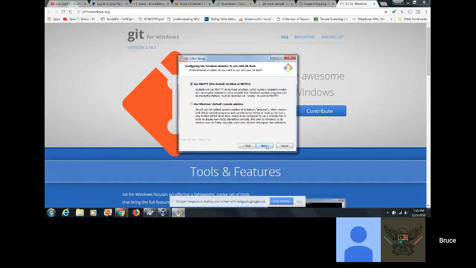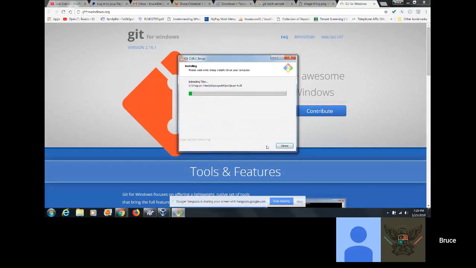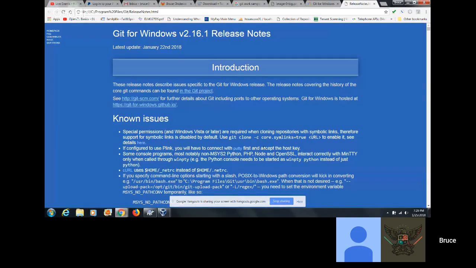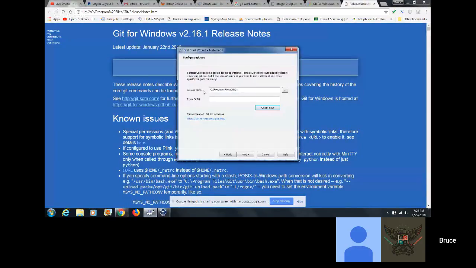Okay, default. And use all the default things. And I should be able to go back and tell it where this Git program is. So one is basically just a GUI wrapper. Okay.